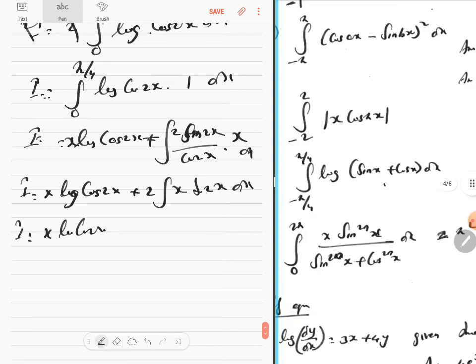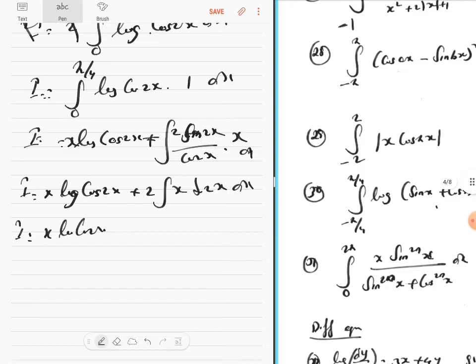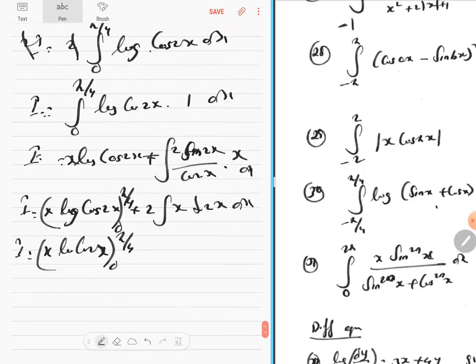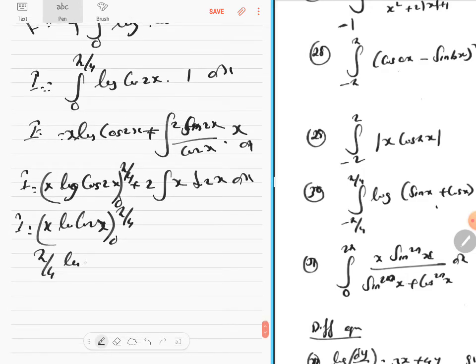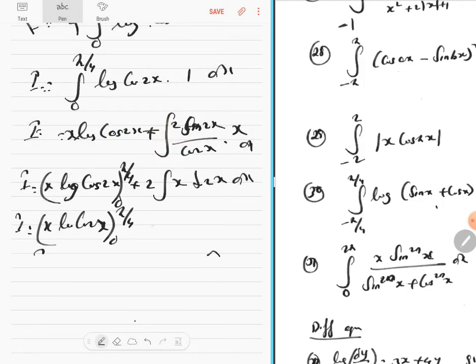Have I got at least the first part correct? It's a definite integral, right? So when I substitute 0 to pi by 4 in this, let's see if I'm getting the first part correct. It's pi by 4 into log cos of pi by 2, so cos 0 at the upper limit, and the lower limit is also 0. So this entire first term becomes 0. So maybe the question is going to boil down to this: 2 into integration by parts, x into integration of tan 2x,